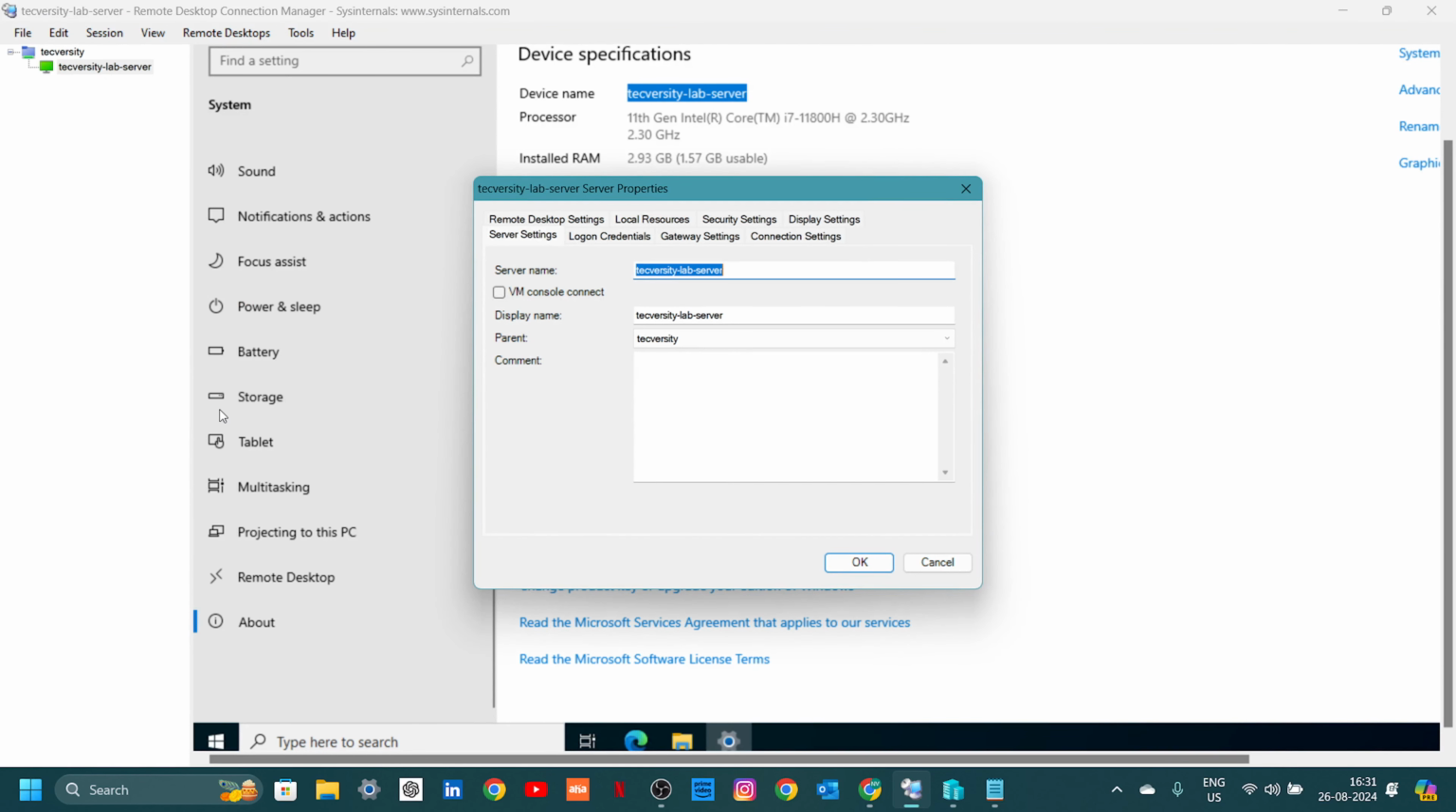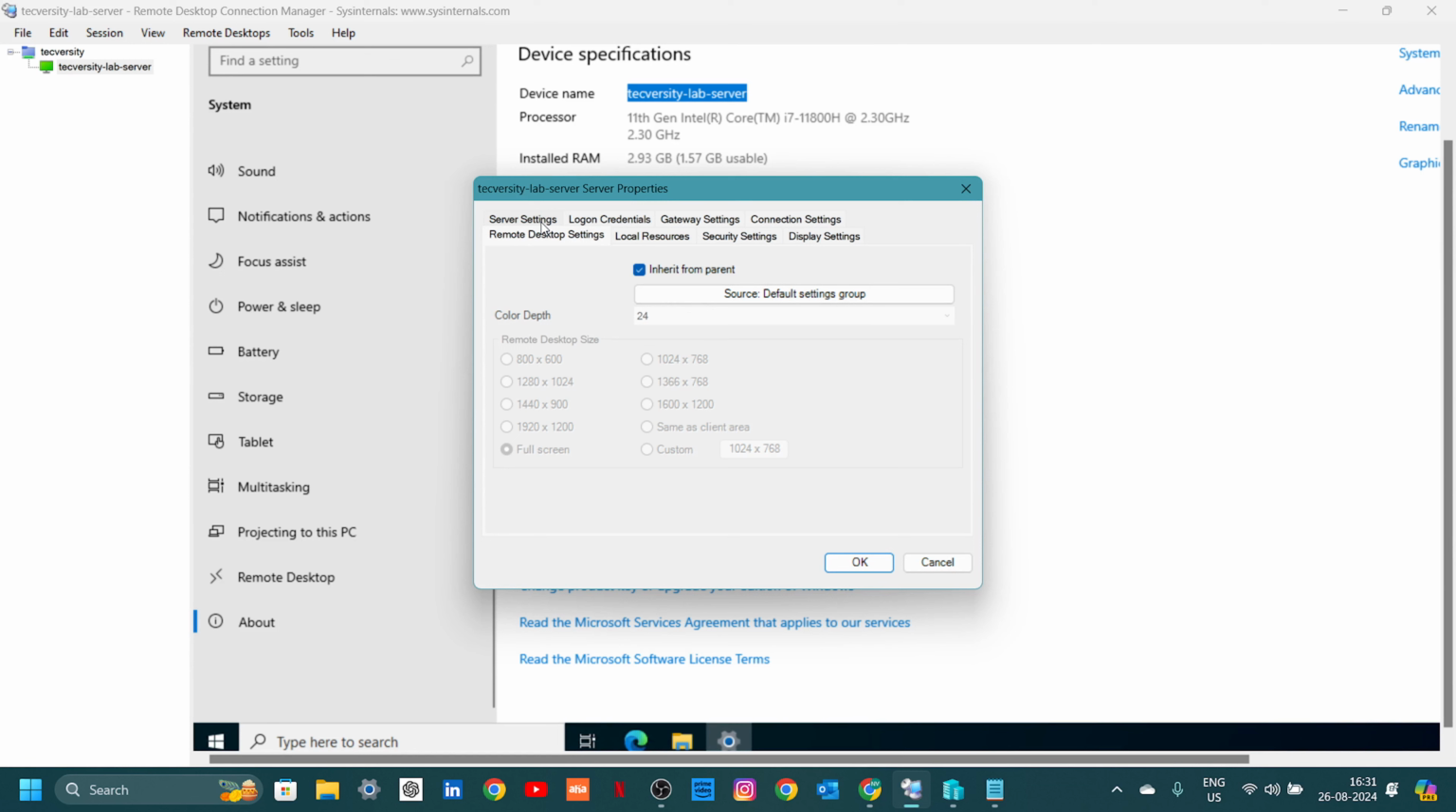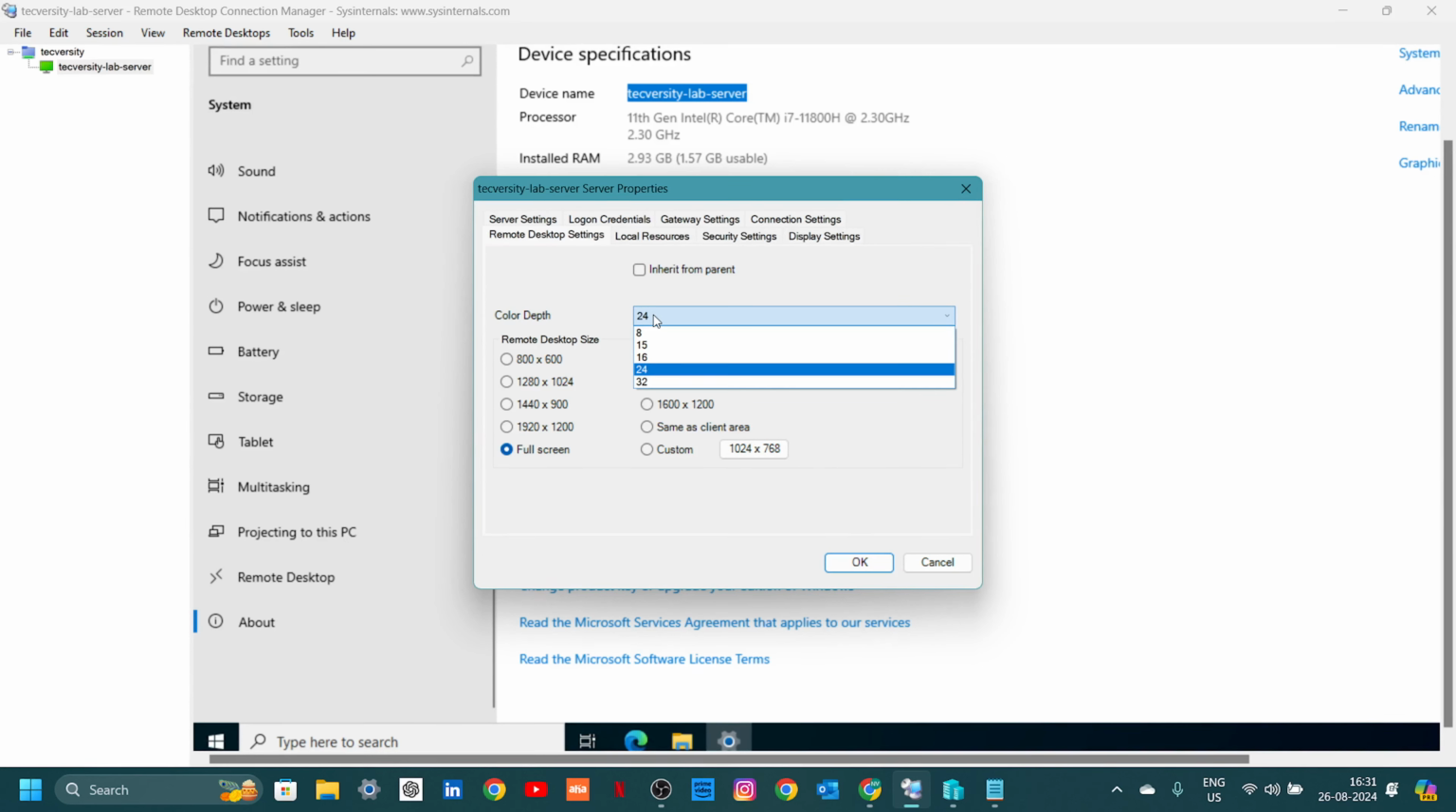And the moment you click on properties, it will take you to a page where you can see the remote desktop settings. So you have to click on the remote desktop settings on that particular tab, and here you have to uncheck the inherit from parent. Now the moment you click on this, it will give you other options where it will ask you to select